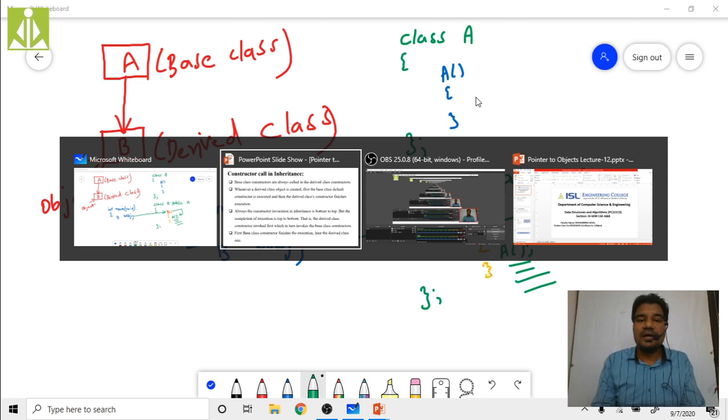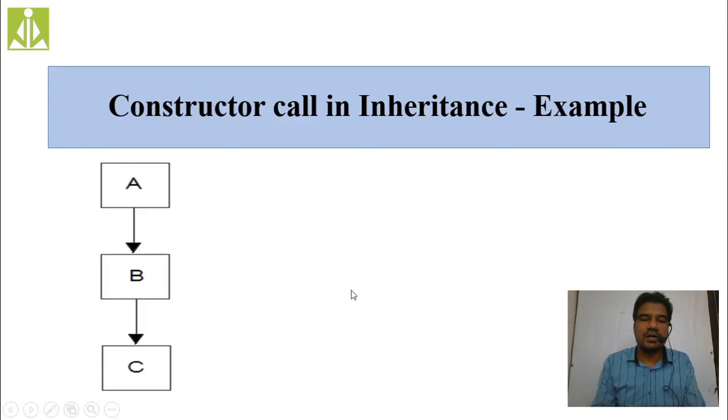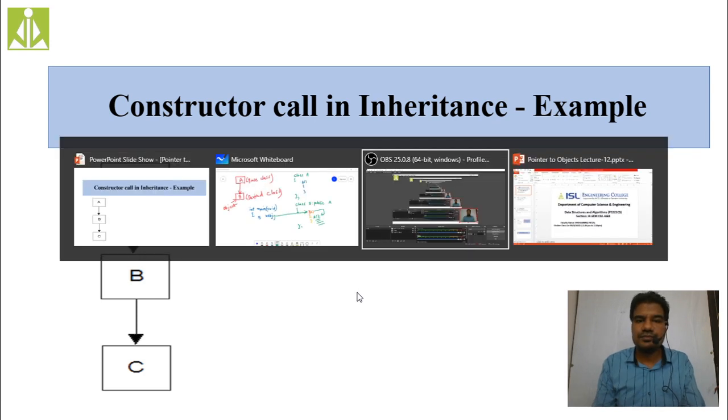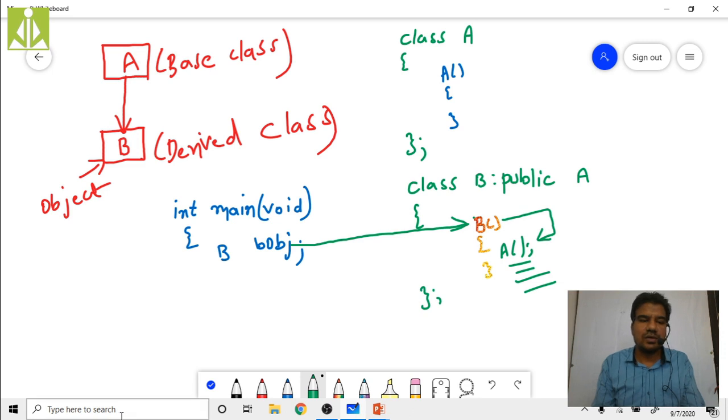In terms of coding, it is very simple to understand. I forgot to open my Turbo C or Dev C++. So let me quickly open that one. Dev CPP.